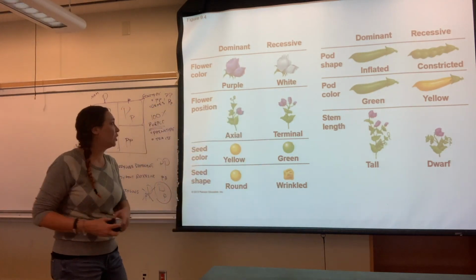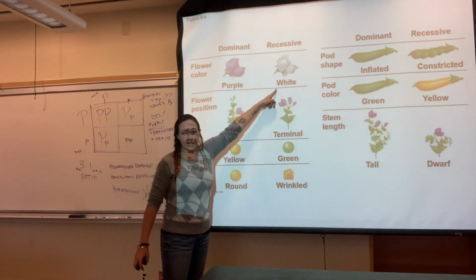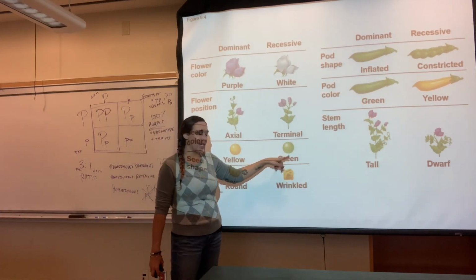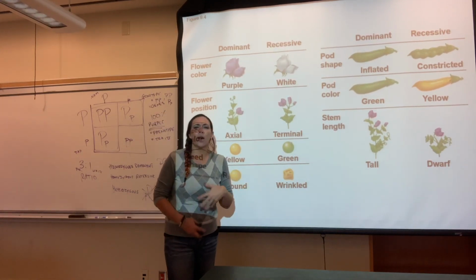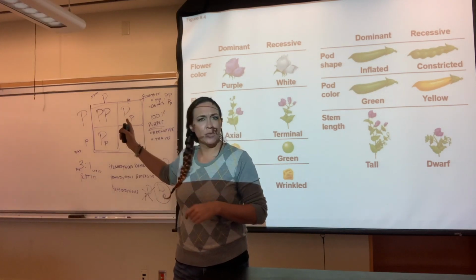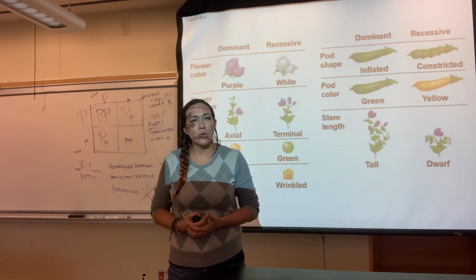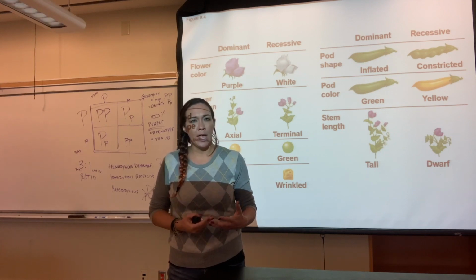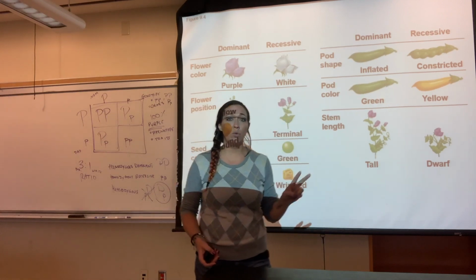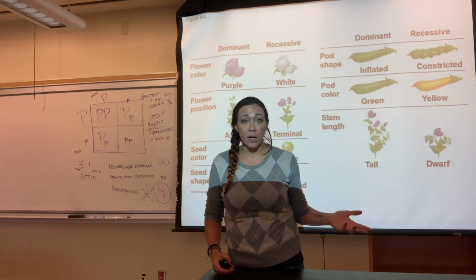So here are some of the traits that he looked at, and these are some of the things that he discovered. Purple was dominant to white, meaning white is the recessive trait, the lowercase letter. Right? Yellow is dominant to green. Round is dominant to wrinkles. So he tried all of these different aspects, and he kept noticing that no matter what, if you have one of those dominant traits or those capital letters, no matter what, you're going to have that phenotype, that physical trait show up as the dominant trait. So the recessive ones only ever show up if you have 2 recessive alleles, meaning a homozygous recessive. Otherwise, they are completely lost in the population.